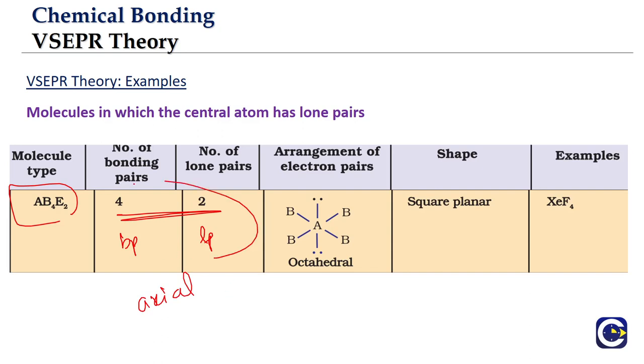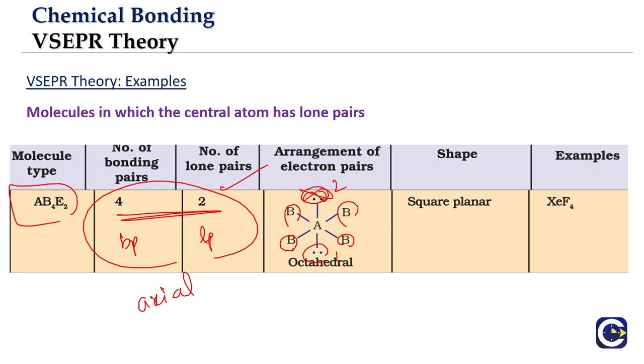Now remember, 2 lone pairs are there, so totally 6. 6 means what is the arrangement? Octahedral arrangement. But in octahedral arrangement, the preference for the lone pair of electrons is what? Axial. How many lone pairs are there? 2. Means one lone pair is occupying one axial position, another lone pair is occupying another axial position. That's it. Both the axial positions are over. Now the remaining places are what? The places in the plane. They are all taken by the atoms of B.